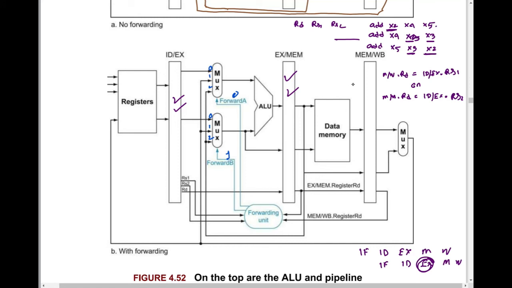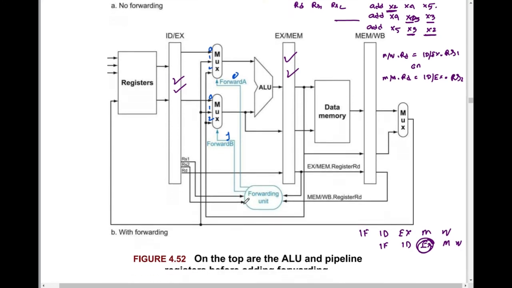So I hope you are understanding the logic here. If you want to design a forwarding unit, what information do you need? You need the RS1 and RS2 of the instruction that is stored in the IDEX stage. So see, RS1 and RS2 from IDEX are given as input to the forwarding unit. You need the RD from the EXMEM stage as well as the RD from the MEMWB stage. So these inputs are also given to this forwarding unit. These 4 inputs are enough to decide the forward A or forward B logic